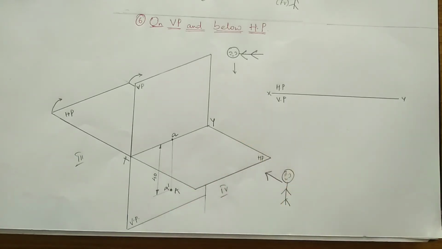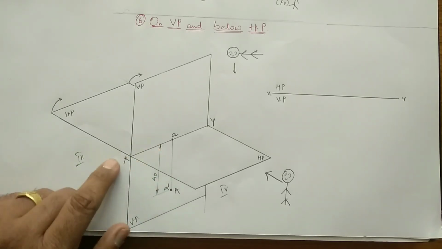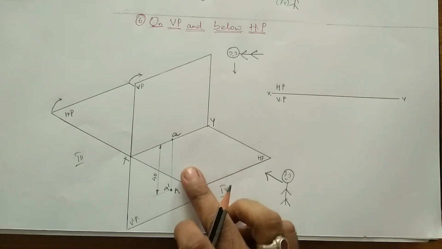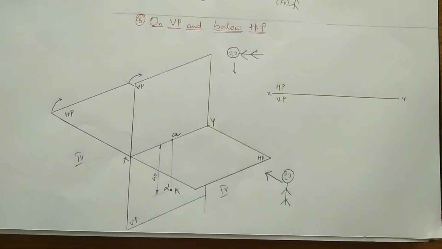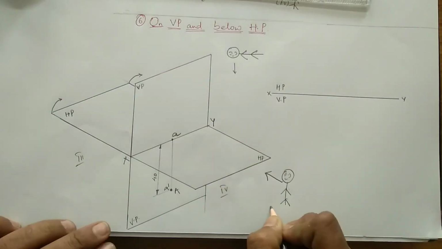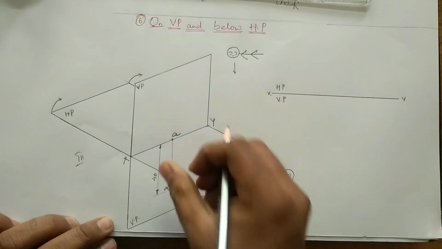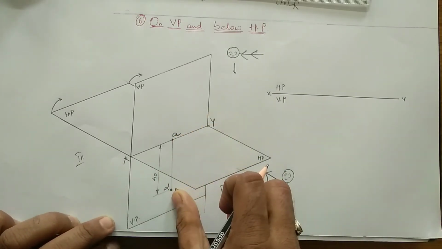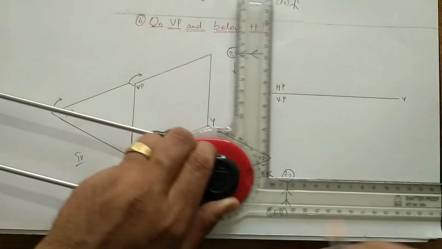So it is said that it has its existence on the XY line. With respect to it, now we are about to go ahead for drawing the two-dimensional presentation here. When it is seen from the front view, it is on the vertical plane at a distance of 40 mm below HP. So that one we are about to draw.